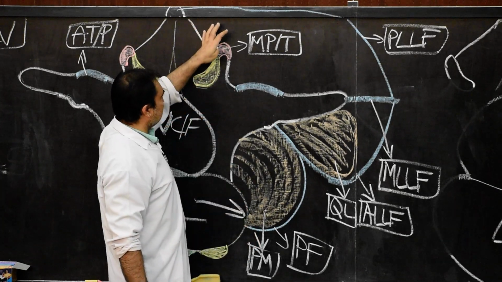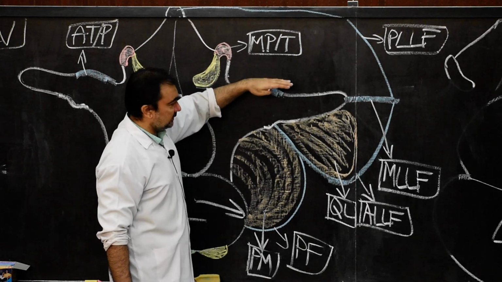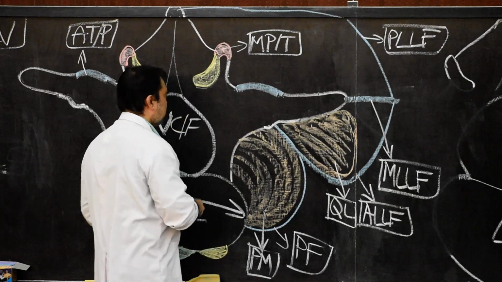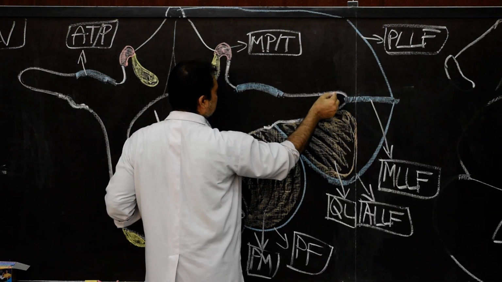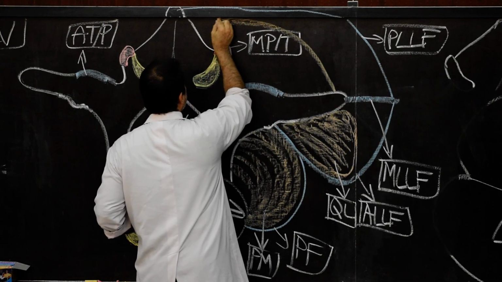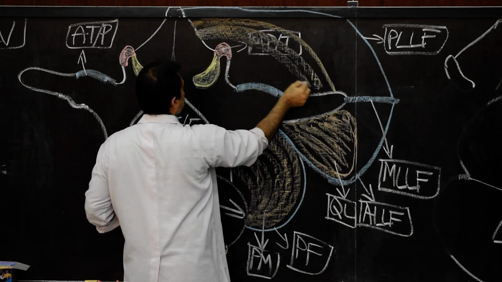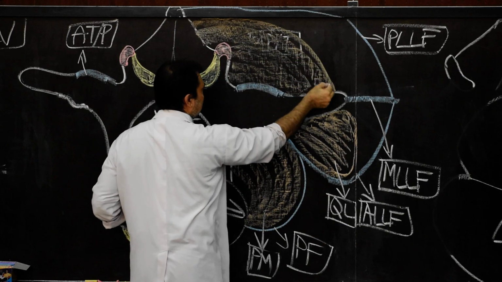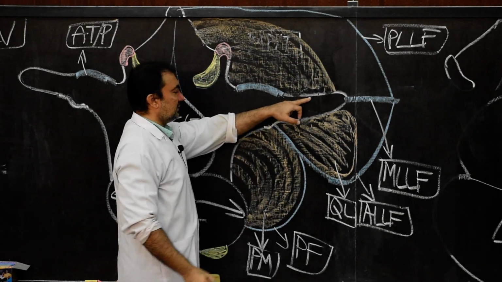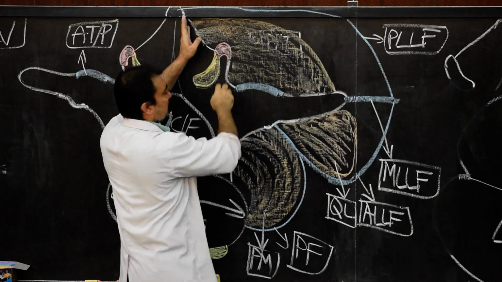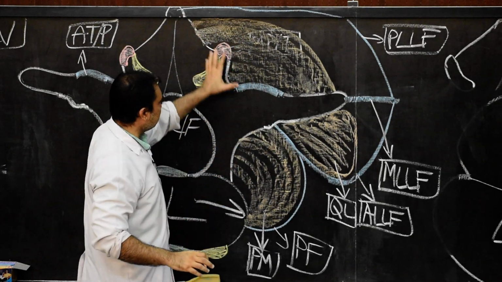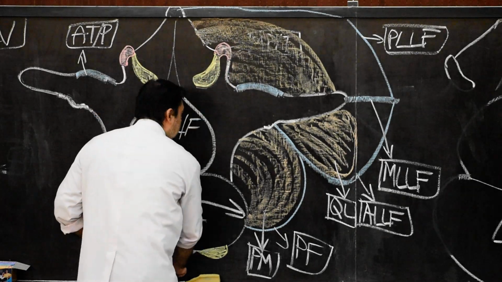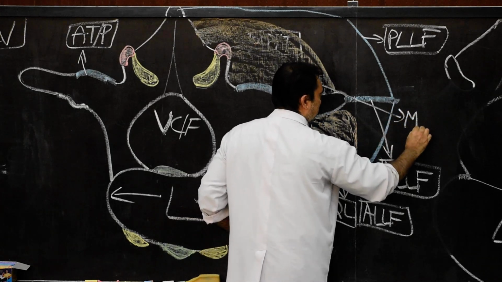Then what are the other structures attached on the spine as well as the posterior surface of transverse process? Number 1, multifidus muscle. So the entire multifidus muscle, we show that this multifidus muscle will be attached in this way. These are the pattern how the multifidus muscle will be attached. This is how the multifidus will be attached on the posterior surface of the transverse process as well as on the spinous process. And remember, this multifidus will also be attached to this mammillary tubercle. So therefore, this muscle over here, we shall name it as multifidus.